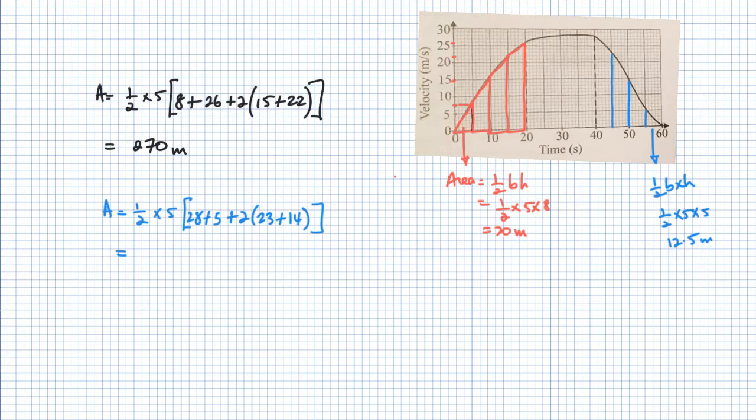And then that will give us a grand total of 267.5. So therefore, in the last 20 seconds, the distance is 267.5 plus that 12.5, which is going to give us 280